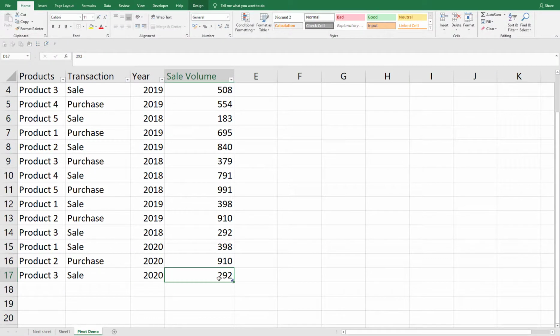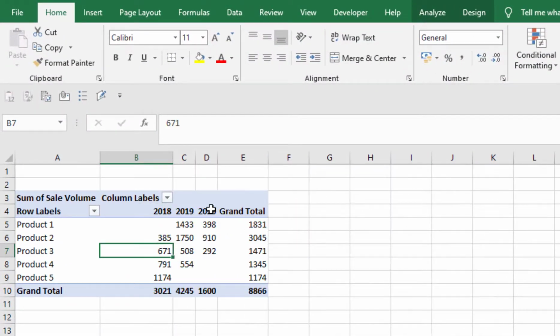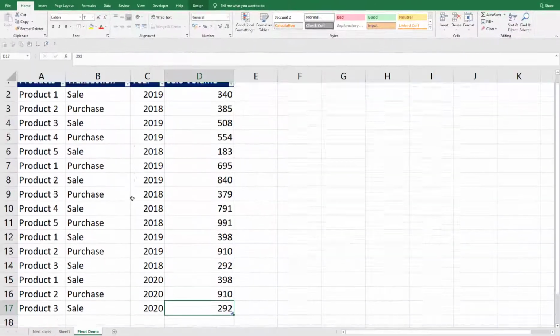This particular pointer is placed in the last line. If I go to the pivot table and do a refresh, it will automatically change the source with the help of the table. So in this way, it is more advantageous when we are working with a table-formatted dataset.